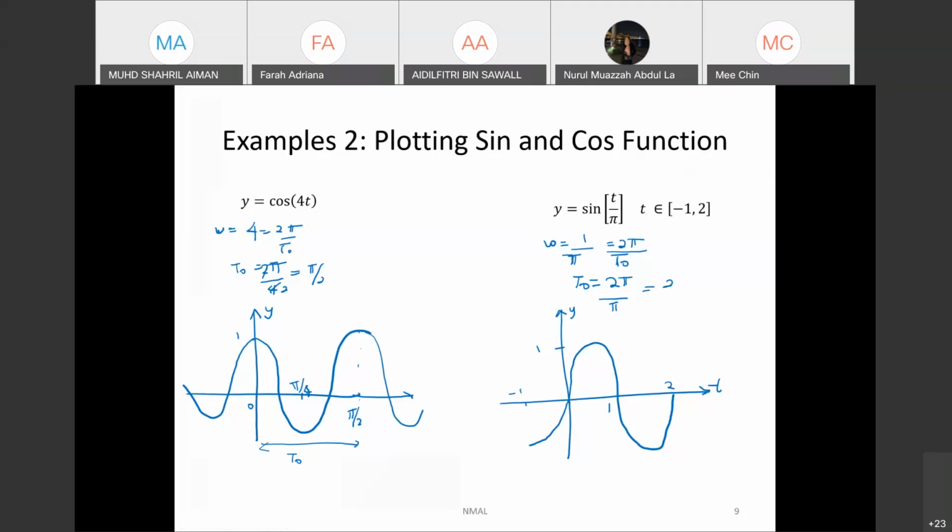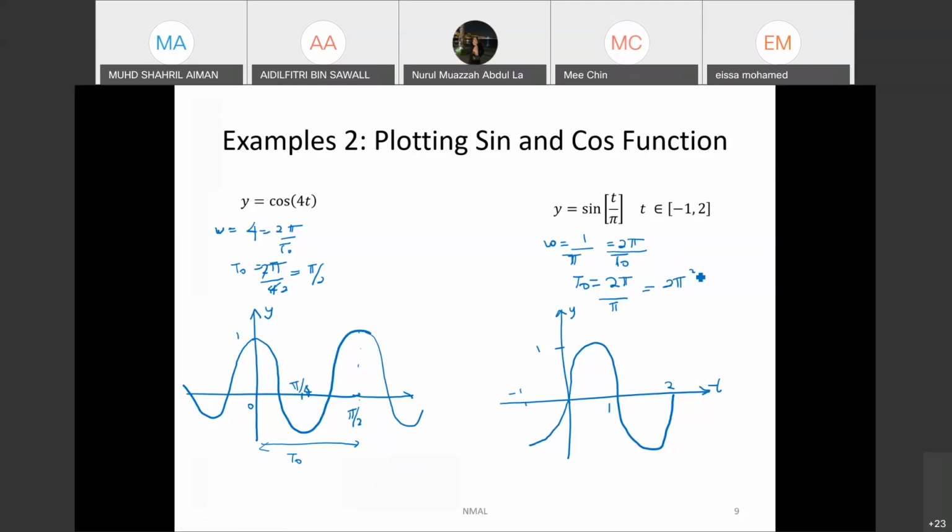Pi squared ke? Kejap, omega naught equal to 1 over pi. T naught equal to 2 pi squared. Sekejap 2 pi divided by 1 over pi. Oh, 2 pi squared